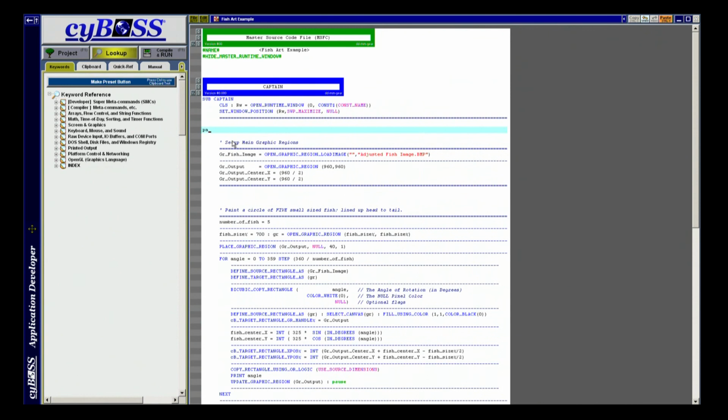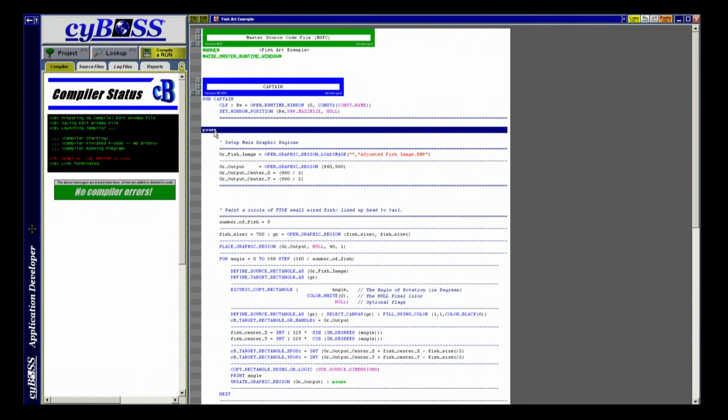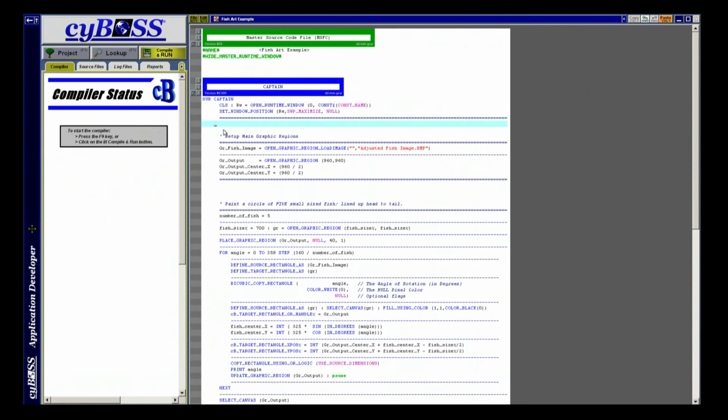And just to show you, if I put a pause in here, notice how that button is gone. It says Sybos Runtime Platform, because that button only appears on the master runtime window. So since this is not the master runtime window, you don't see that. Come back in, take this away. All right,